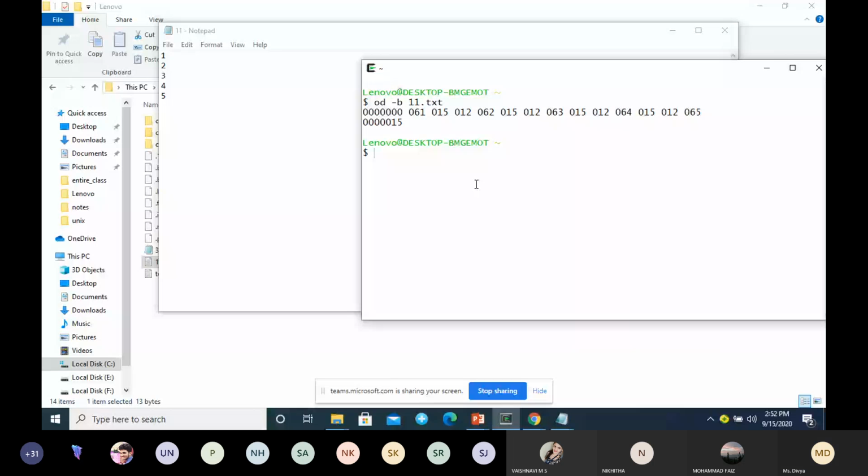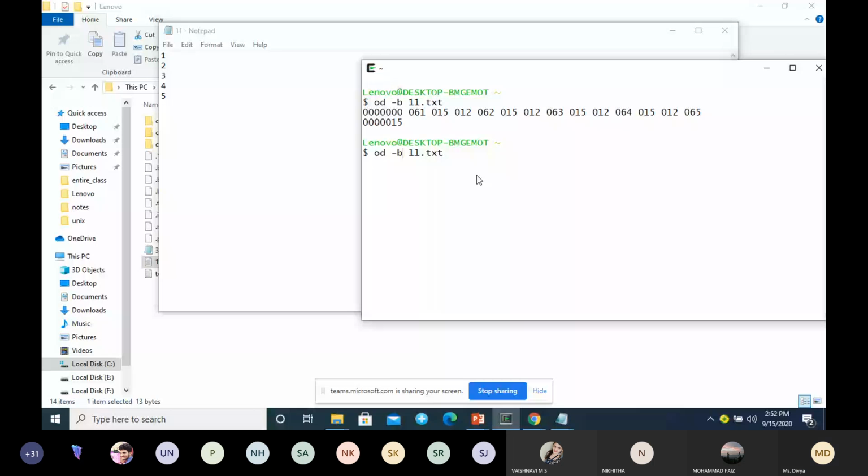Each line has 16 bytes of data. There is one more option along with -B, which is -C.